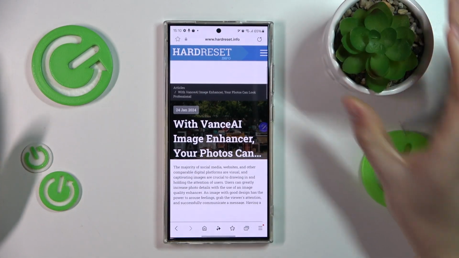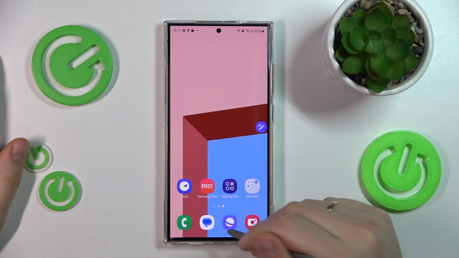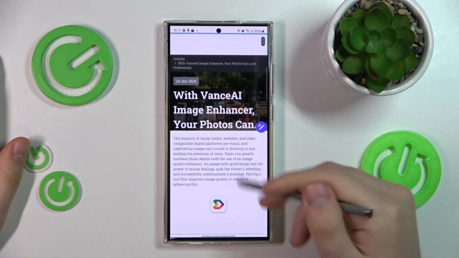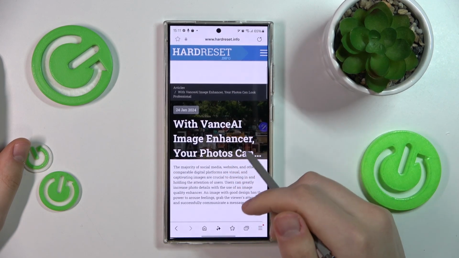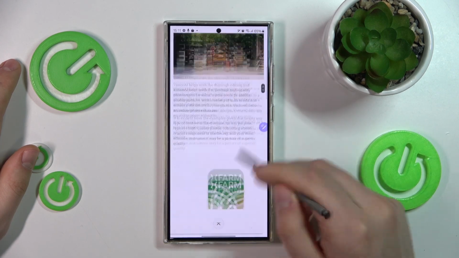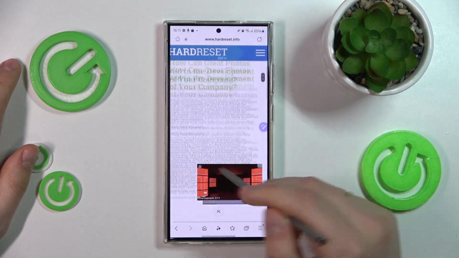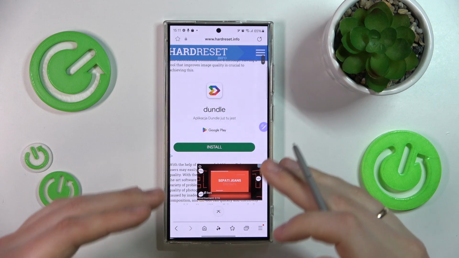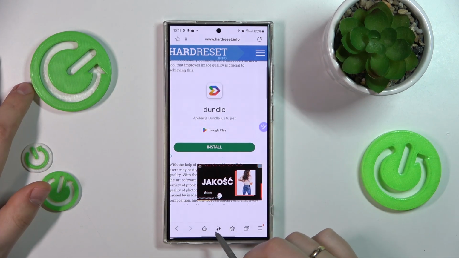So here, open the web page that you would like to summarize using the Samsung browser here. In my case, it is the article on our HardReset.Info website. It's a pretty long article. It contains a lot of information and details. If you would like to summarize it into some main topics and bullet points, just tap at this icon over here,